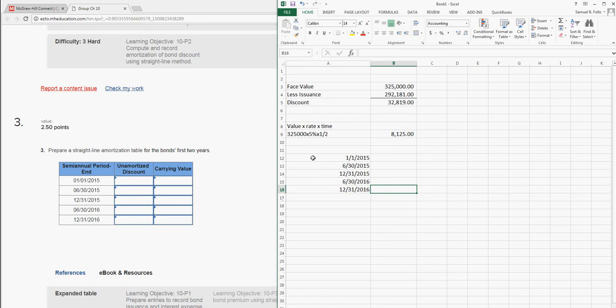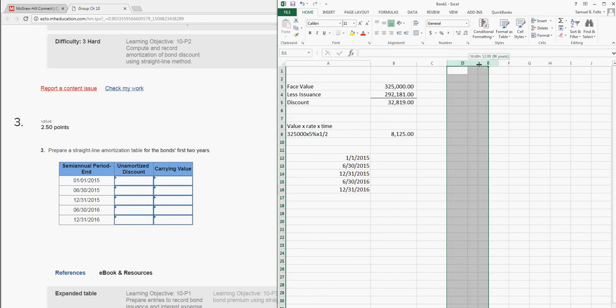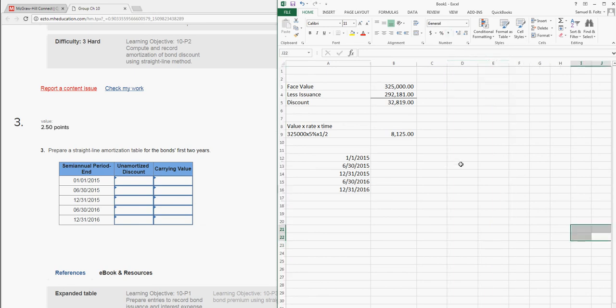And it wants to know how much the unamortized discount is each period and how much the carrying value is each period. I'm going to go ahead and expand these out as well, just to give us a little bit of room. So I'm going to put the unamortized discount here. We already know that that's $32,819. The unamortized discount is $32,819, and the carrying value of the bond is always the face value minus the discount. So the carrying value at this point is